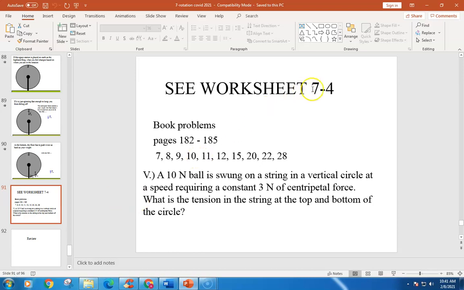So do worksheet 7-4, and I'm not sure why I've got these on here. I'll have to look at